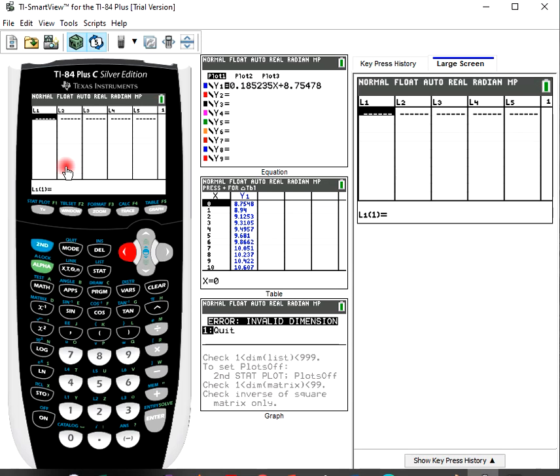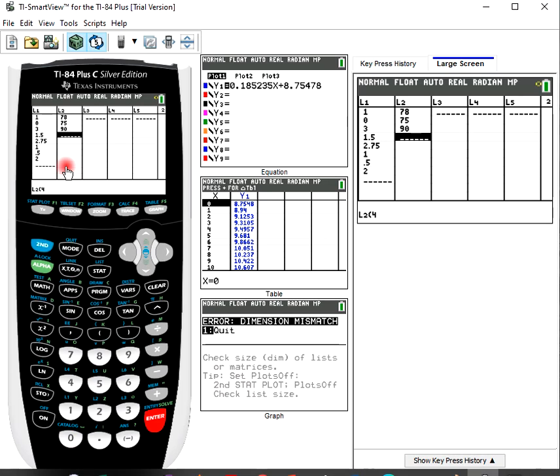Then I'm going to start putting in my values for X and Y. So I'm going to do example 1 on worksheet 2.1, the hours studied and the test score. For the hours studied the values are 1, enter, 0, enter, 3, enter, 1.5, enter, 2.75, enter, 1, enter, 0.5, enter, and then finally 2. Then I'm also going to put the values for L2: 78, 75,